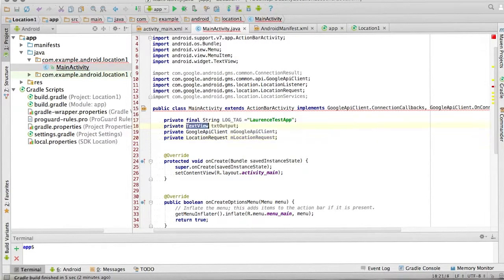So you can see here I have a TextView object that I'm calling txtOutput that will just be used to address the text view on the UI. I have a GoogleApiClient that I call mGoogleApiClient, and I have a LocationRequest that I call mLocationRequest. Okay, now in our onCreate method, we need to set up the Google API client,